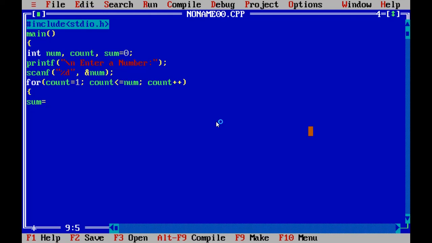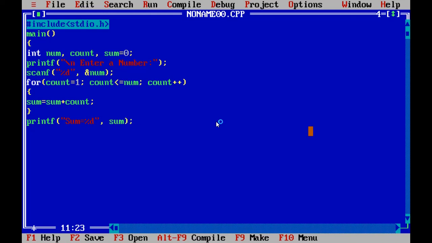sum is equal to sum plus count, semicolon. printf, double quotes, sum is equal to %d, double quotes, sum.